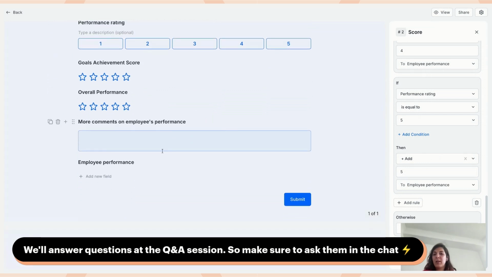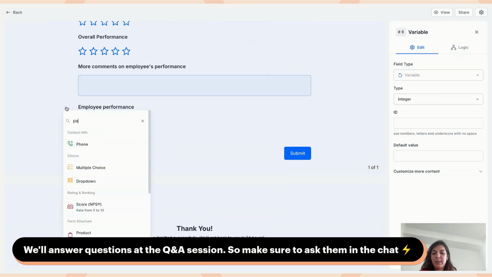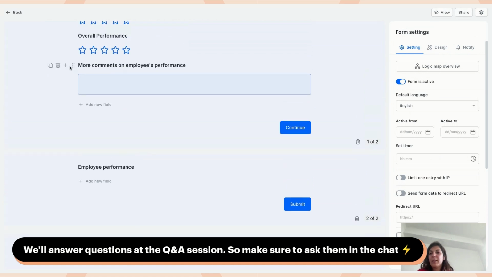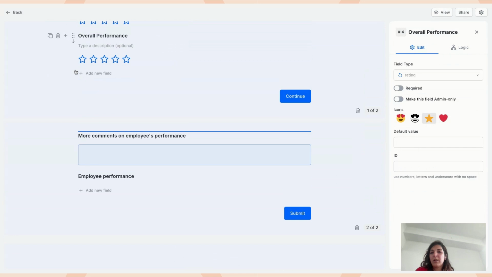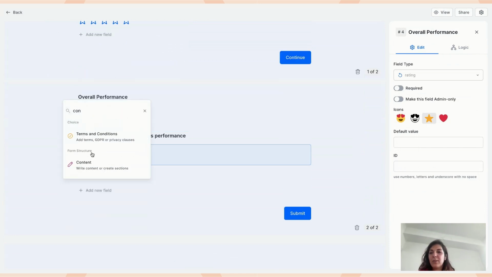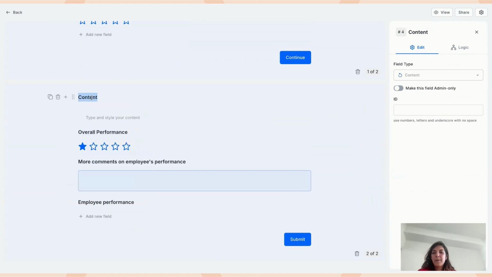As I showed you, you can add a new page to your form, and let's add a new page. And here in the new page, you can move each of the questions to the new page like this. You can add a header for your page like this. Let's move it up. And for example, let's say, oh, I forgot to move it up. Yeah, so let's say